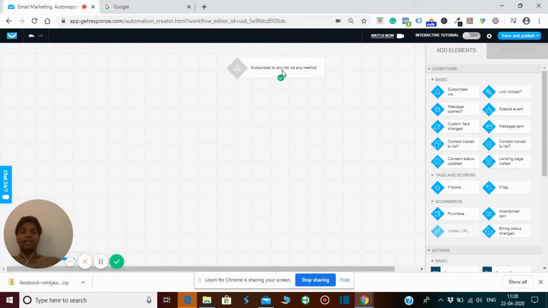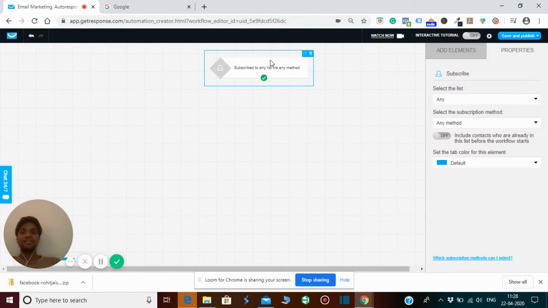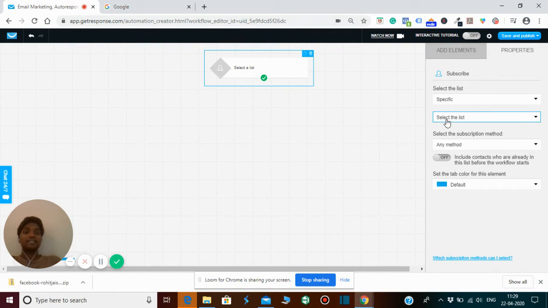Clicking the subscribe button means that if you are collecting emails through a landing page, opt-in page, or any other page, and somebody subscribes to you, you have already created a list in GetResponse. You have to click that list. I will double click, and on the right-hand side it says to select the list. So I click on the Pacific button, and it says to select the list.